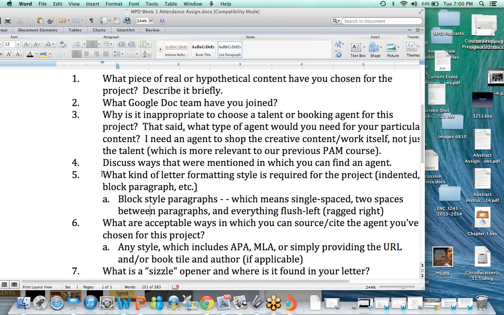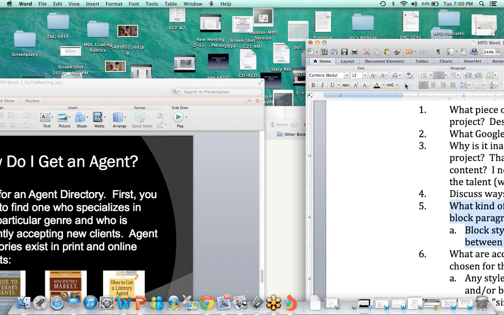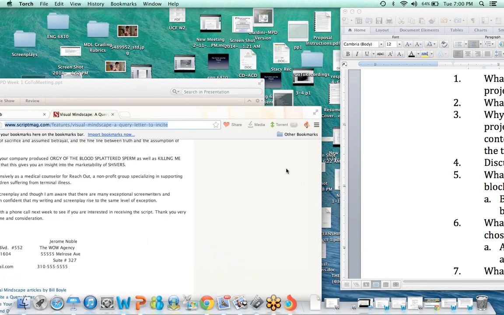Number five, what kind of letter formatting style is required for the project? I should have mentioned this before, but you want to do what's called block formatting, right? So that just looks like,